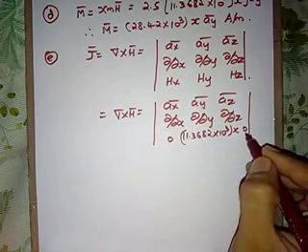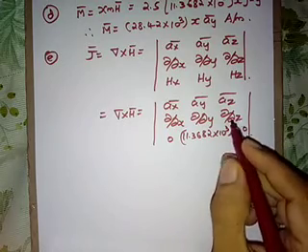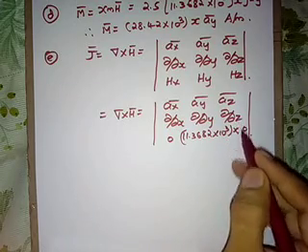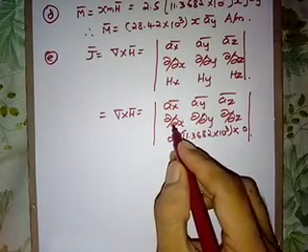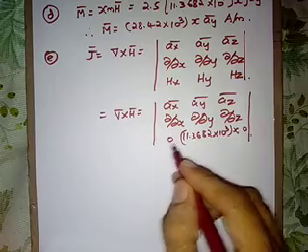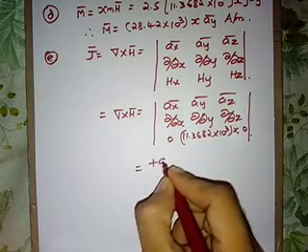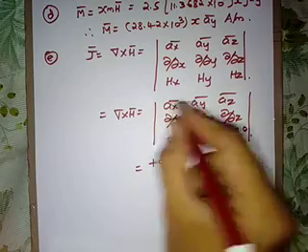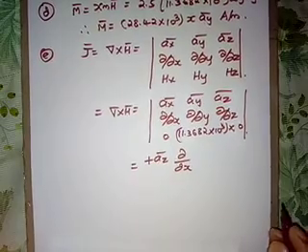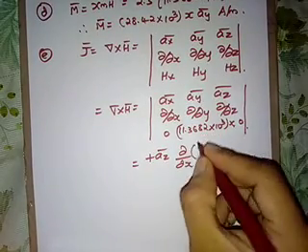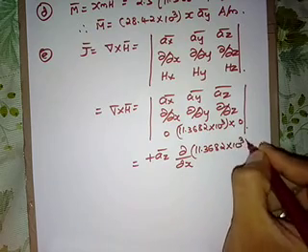If we simplify this, dou by dou y into 0 is 0. Dou by dou z of it, because it is x, that is also 0, right? Because we are differentiating with respect to z. Then a_y bar minus a_y bar, this and this will go: dou by dou x into 0 is 0, minus 0 into dou by dou z is 0. Then plus a_z bar, this into dou by dou x of 11.3682 into 10 raised to 3 x.